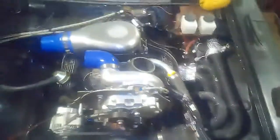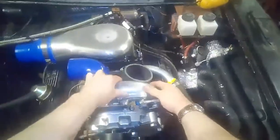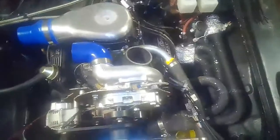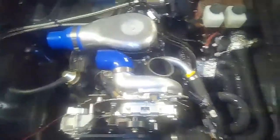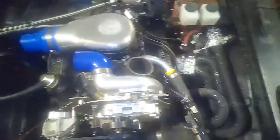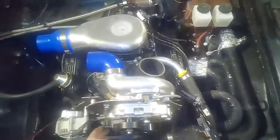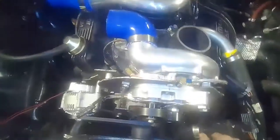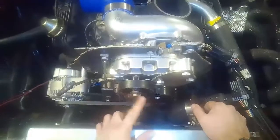Okay, so here we are. With our supercharger in place, our tensioner in place, our braces, seems fairly solid. Time will only tell if the amount of tension on it when you actually run the motor will cause us problems. The only thing I see maybe in the future is, if you've ever seen the slow-mo